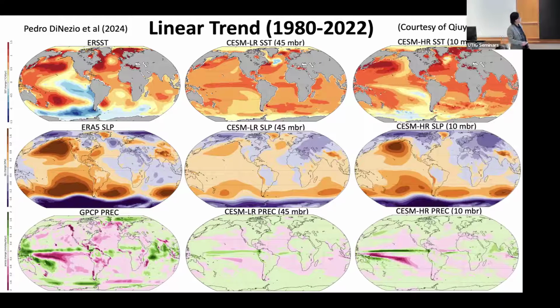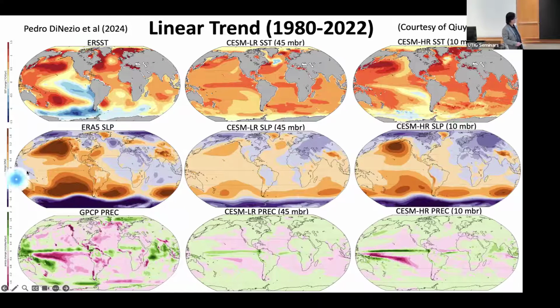And interestingly, when we look at our high resolution model, we start to see these cooling trends, right? This is the same analysis, and we're using the 10-member ensemble mean and computing the trends in the global ocean. Now you start to see the cooling trends in both the Southern Ocean and the southeastern Pacific, right? Even though the amplitude is weaker, part of the reason is because of the ensemble mean. Observation, of course, doesn't have the ensemble. And this is the corresponding sea level pressure pattern.